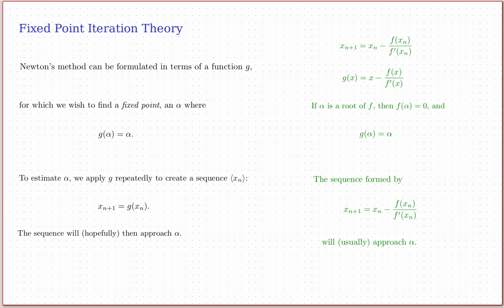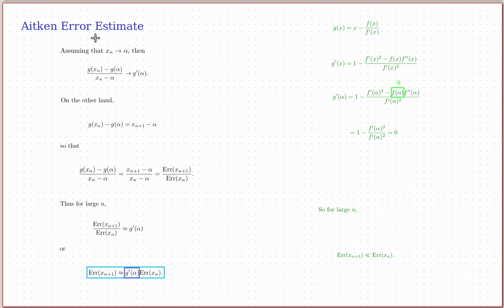Now, the point of formulating it this way is that we can apply the analysis we're about to do to any method of finding roots that can be fit into this framework. There are a number of ways to find roots that work in essentially this way, where you have a guess, you apply a function to it to get a better guess, and then you repeat. Any method of root finding that works this way can be formulated like this, and then we can apply the analysis we're going to do on the following slides. So, when we have an algorithm that works by applying g repeatedly to guesses to get better guesses,